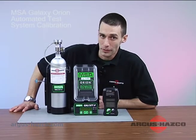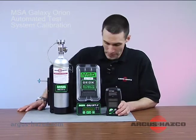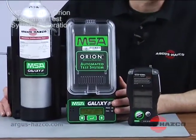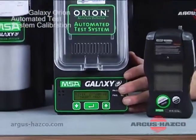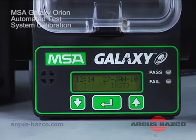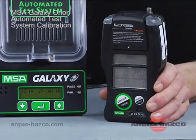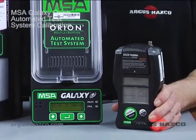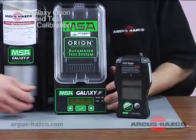Okay, now that we've gone over all the setup, we can go ahead and start our calibration. As I said before, the Galaxy must show insert instrument. If it doesn't show insert instrument and you insert an instrument into it, it's probably not going to connect. Same with the Orion itself. It must be in standard read mode before you insert it into the Galaxy. Otherwise, the two are not going to connect. So standard read mode, insert instrument. We're ready to go ahead and